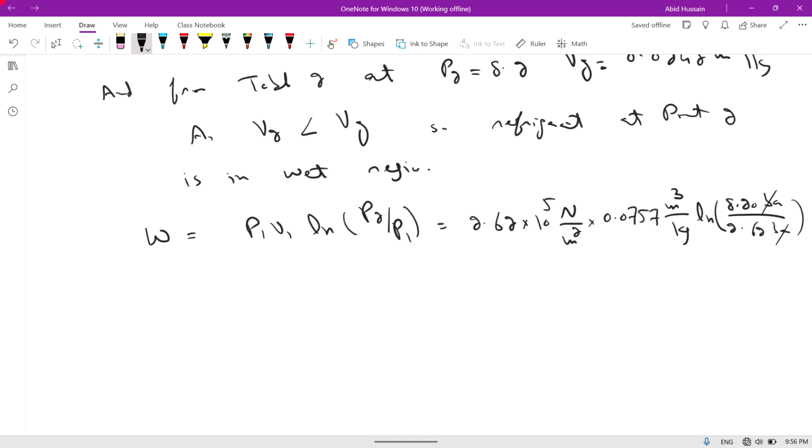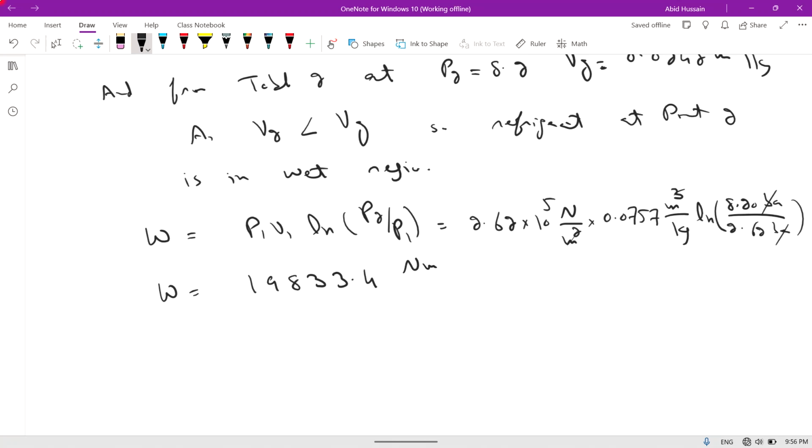The bar will be cancelled with bar, meter square will be cancelled with meter square, and 1 meter will be left here. So W is equal to 2.62 multiplied by 10 power 5 multiplied by 0.0757, which is equal to 19833.4